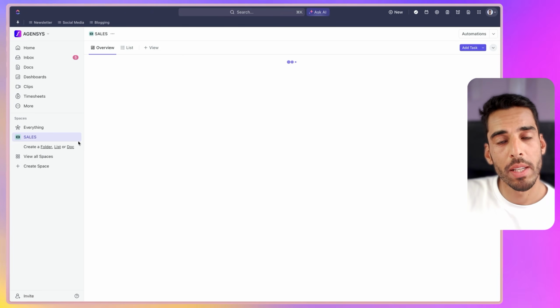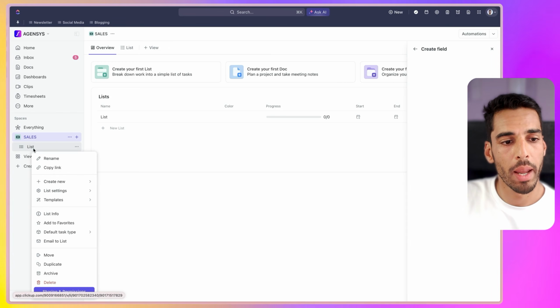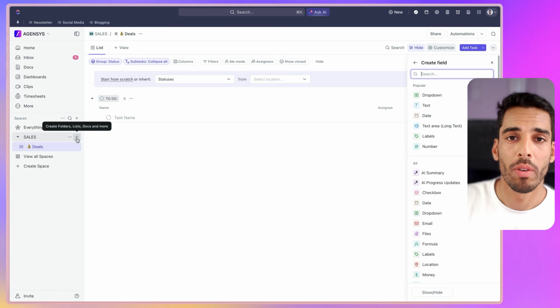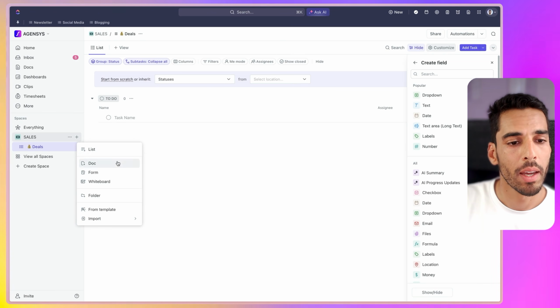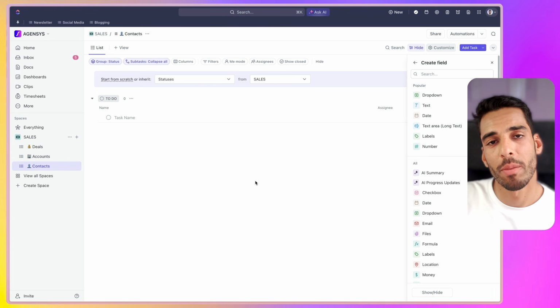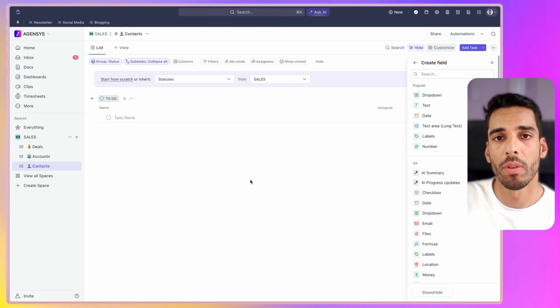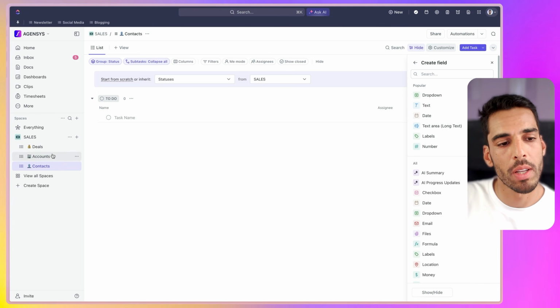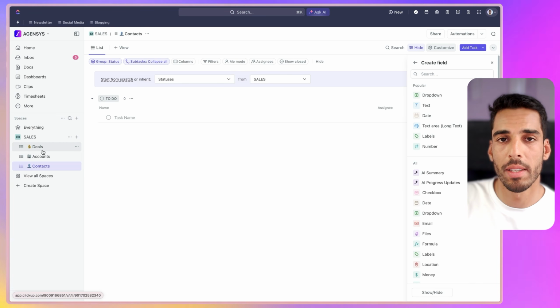ClickUp's gonna create our space with a single list, and we're gonna rename this list to deals. Now I'm gonna create the two other lists I've been talking about, the account list and finally the contact list. Now this contacts list is optional and you don't really need it if you're gonna use automations in your CRM, because automations are tied to a single list, as I will show you.